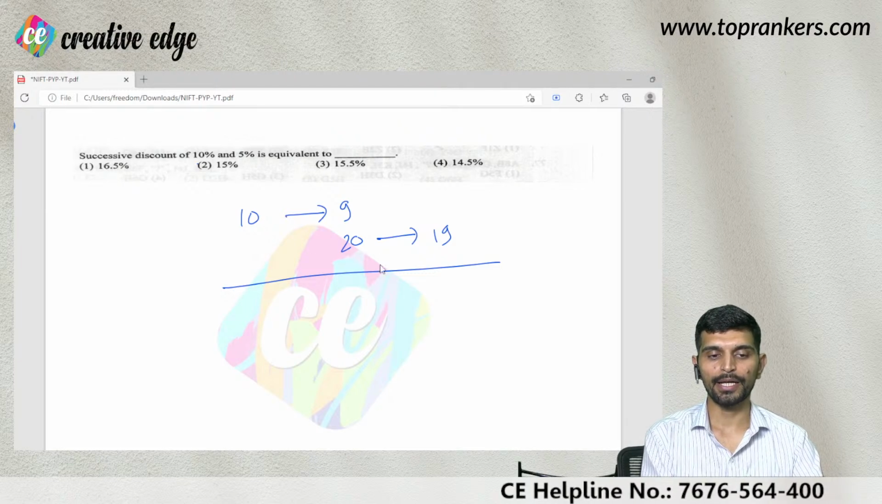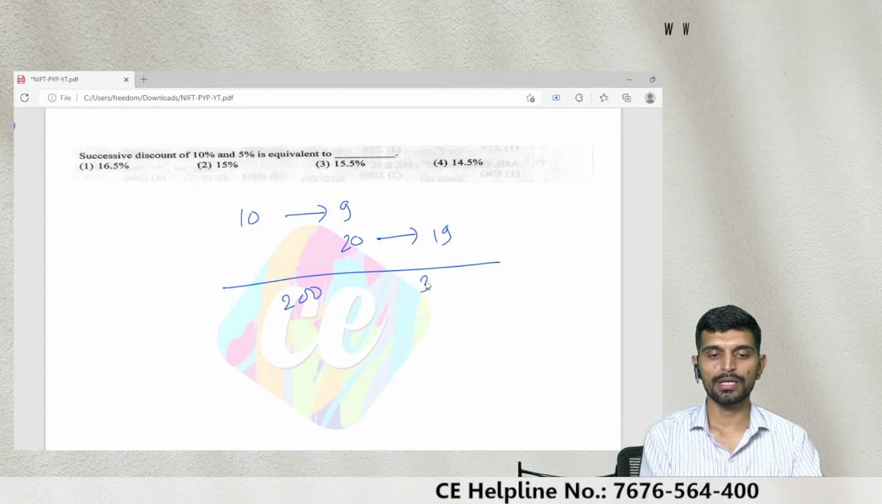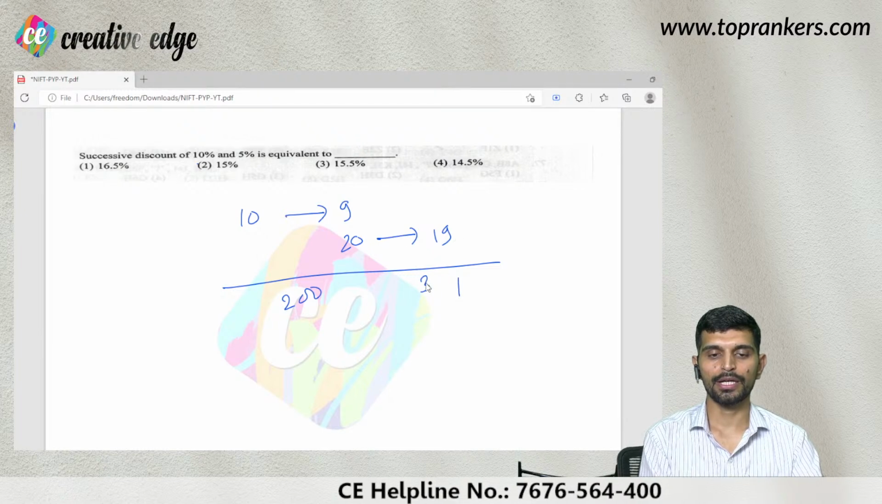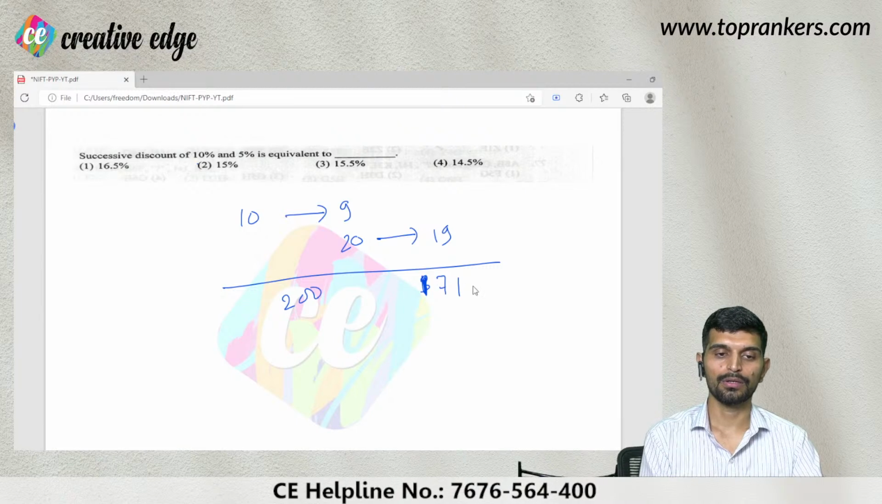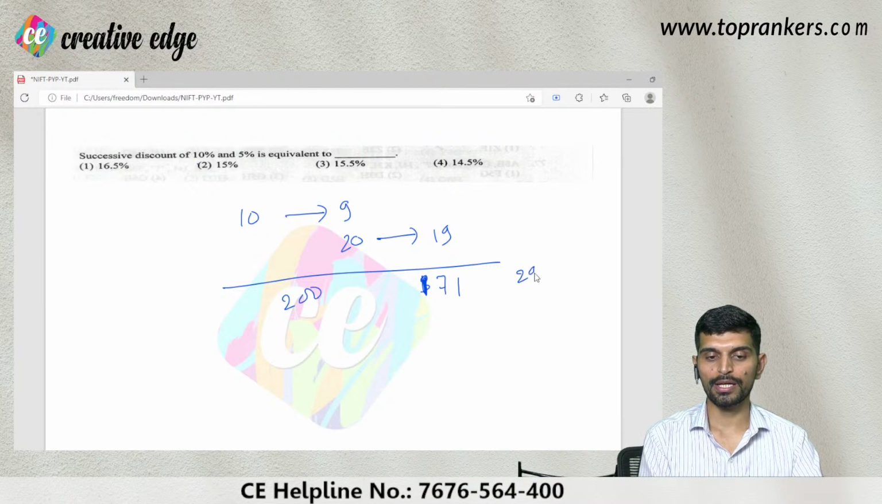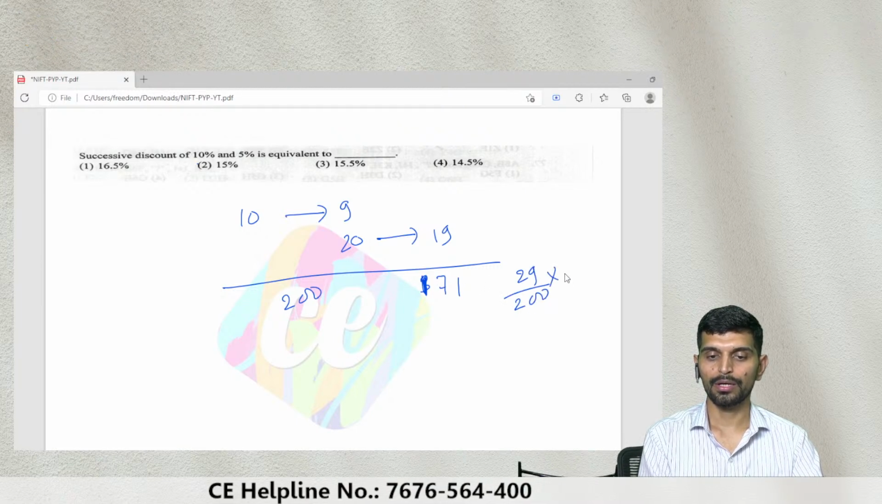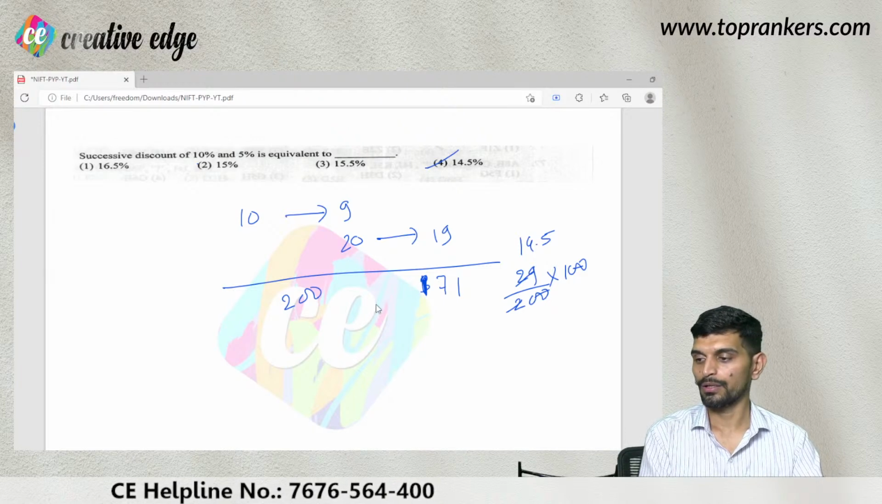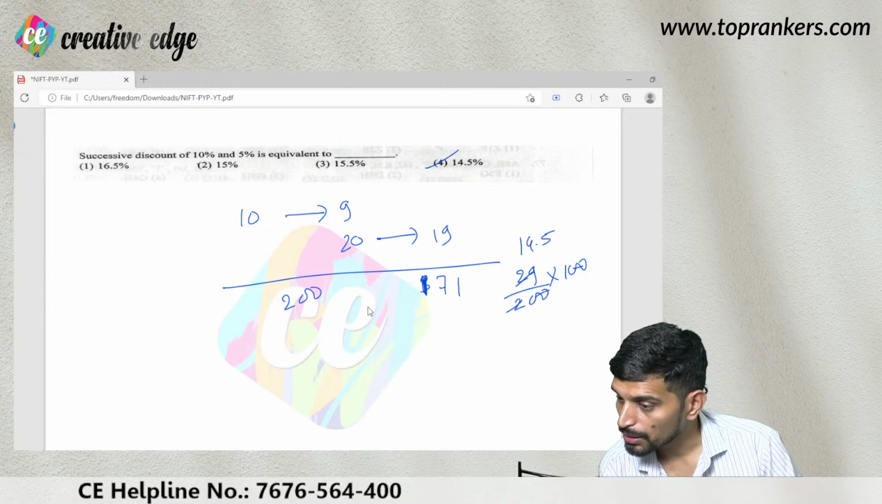So I'll multiply 10 into 20 as 200, and 9 into 19 is 171. So the discount is 29 over 200 into 100, because we need to determine it in percentage. So that is 14.5, right? Second method,